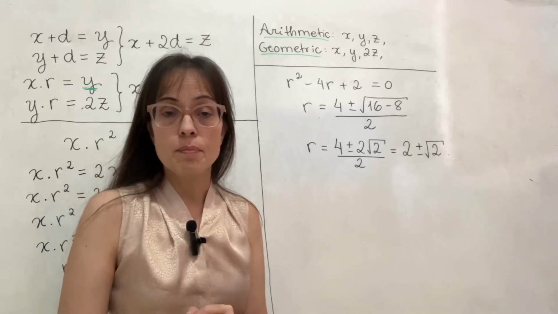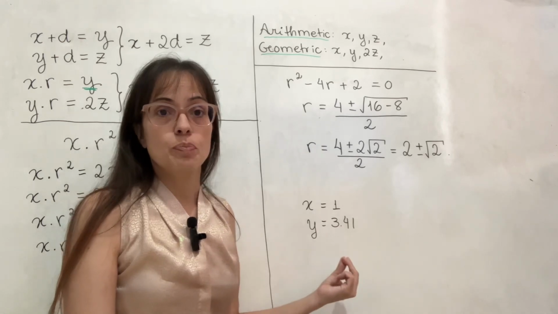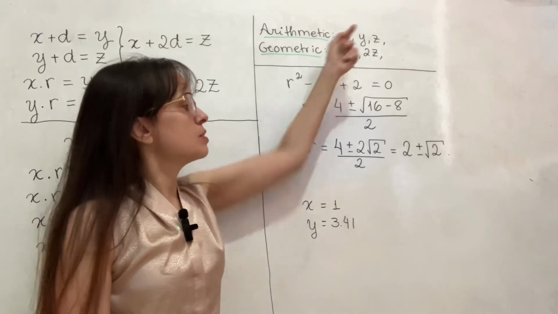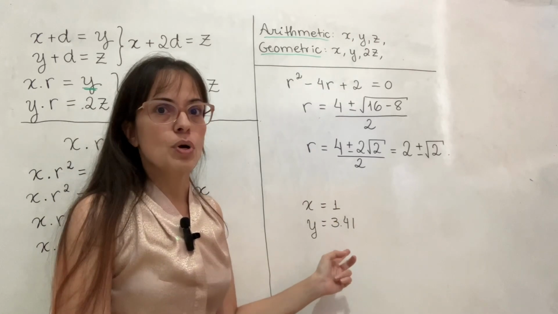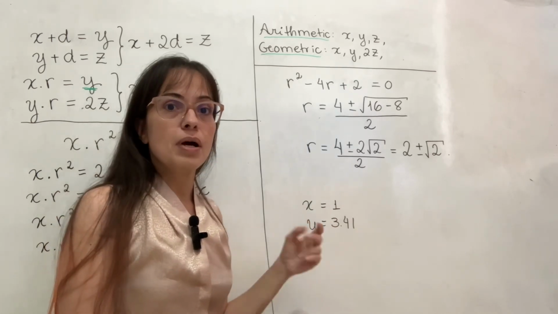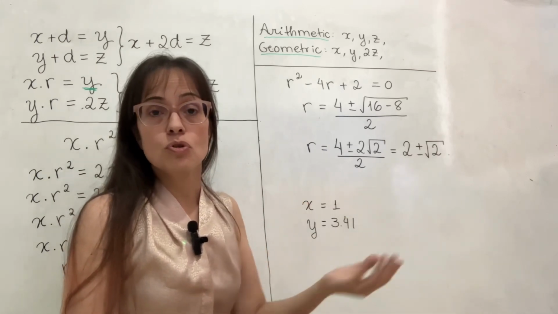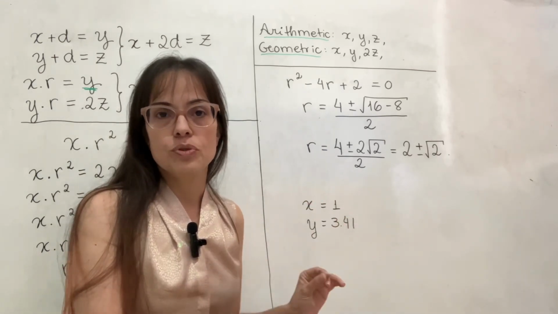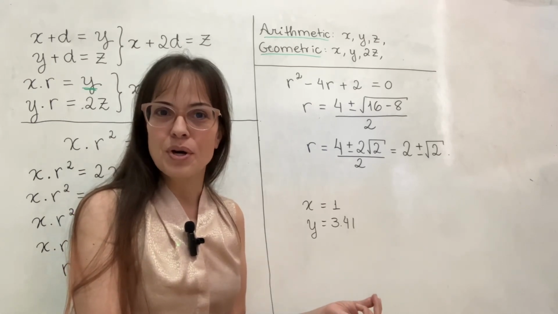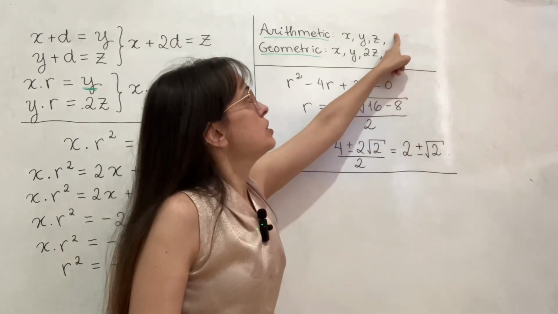And remember the example that we were finding in the spreadsheet? This was the example 1 and 3.41. Which means that when you look at it as the arithmetic sequence, it's adding 2.41. But when you look at it as the geometric sequence, it is multiplying by 3.41, which is 2 plus the square root of 2, approximately, because that's what we were doing in the spreadsheet, and the square root of 2 is approximately 1.41. But now we have to look at the fourth terms of the sequences,